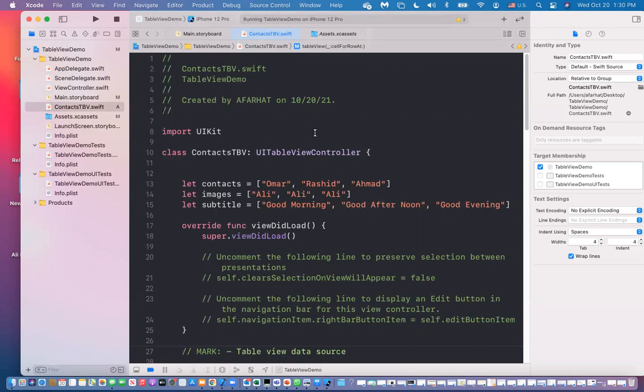Do you remember structures? What is the purpose of structures? With structures, you can do your own custom data type. So it's not only one value. And you can create an array of these structures, and now you can get individual values from these structures. So in the next video, I'm going to show you how we use structures with table views, and that should be enough for us when we go to core data. Is that clear? So let me pause, stop recording, and we'll continue in the next